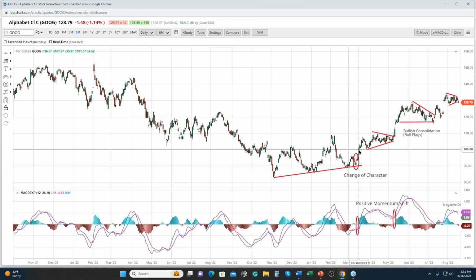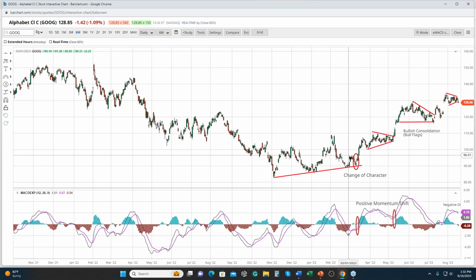Some of you might say, hey, I might not be comfortable buying here because I haven't really defined a new uptrend. I would like to see a new higher high. But the MACD has already given us that confirmation. Maybe what you would do at this point is wait until your MACD line moves from the negative to the positive. In other words, now the last 12 days, you're starting to see a positive price momentum. And you can see that was approximately right here on this green candle, which was the green candle that took out all these very close and recent